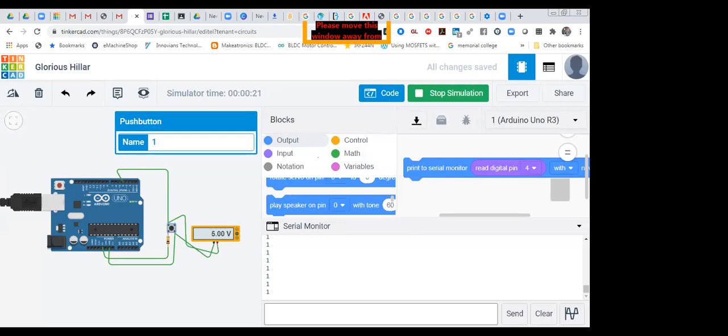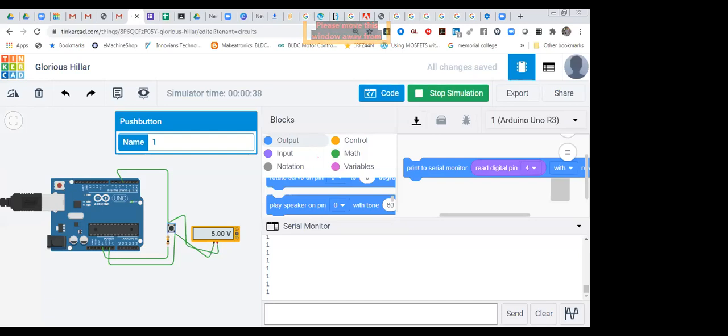In some cases we do use it, and I will let you know where we have to use that pull up and pull down. But before that, I have to tell you what a voltage divider is, and only then will you be able to understand different analog sensor readings or any kind of resistive sensor data reading. That I will share with you. Now what we want to make is to glow an LED using this push button. When we press this push button, our LED should turn on. So let's see how we can build some logic over there.